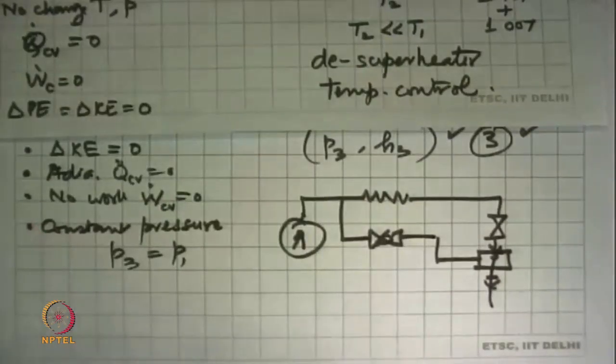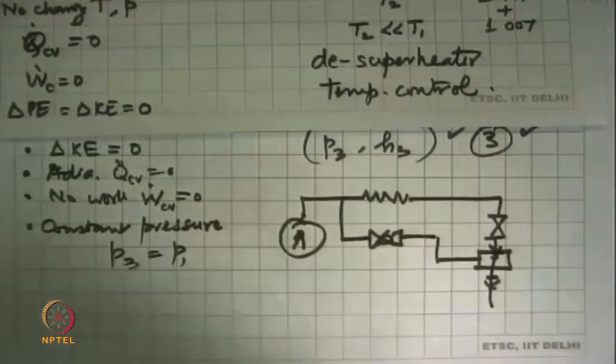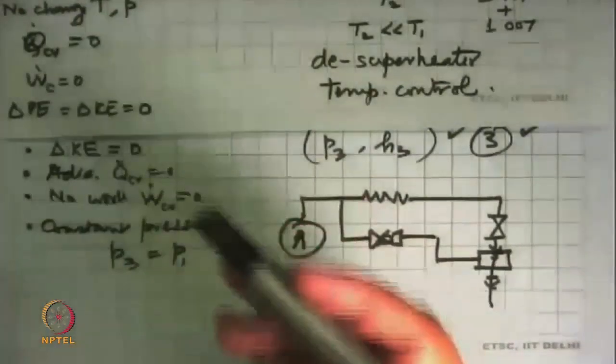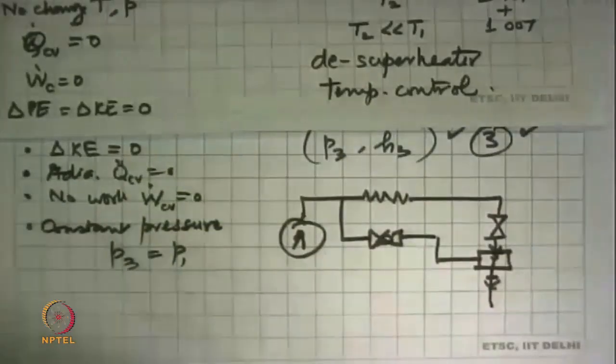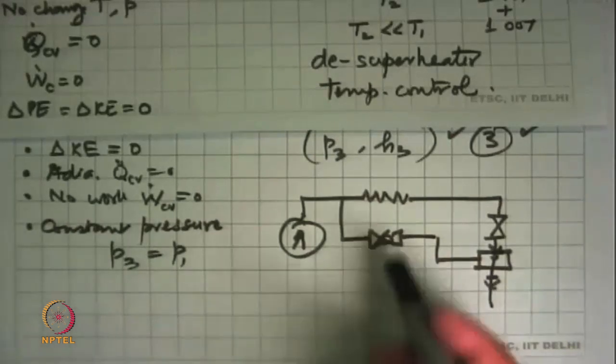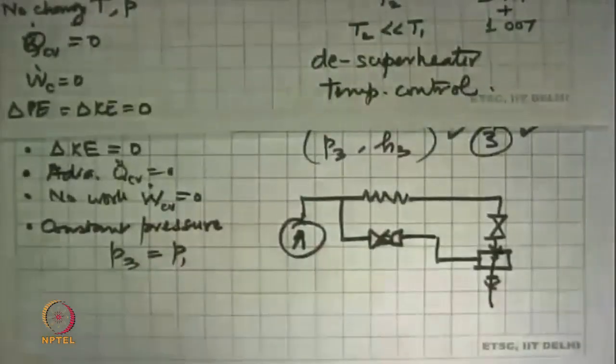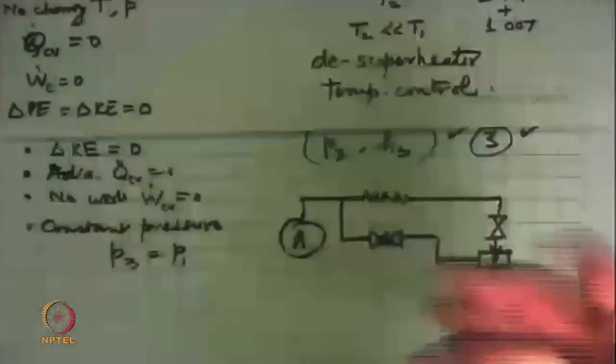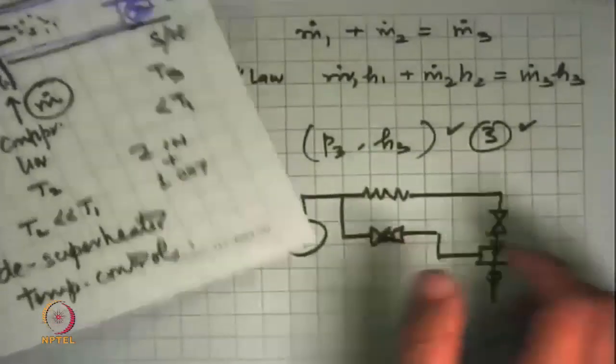So these are practical things where in reality you don't have a system that will always do what the thermodynamics tells you is done at one state. In real systems you have to operate at lower capacity, you need to shut it down, you need to start it up, and all of that we need to do in a very safe and secure way. So many of these devices have to be added on to make the system practical. It makes the system complicated, but that doesn't matter. Ultimately, when you want to analyze it, this is the way in which we can go about and see what it is that I'm doing over here.